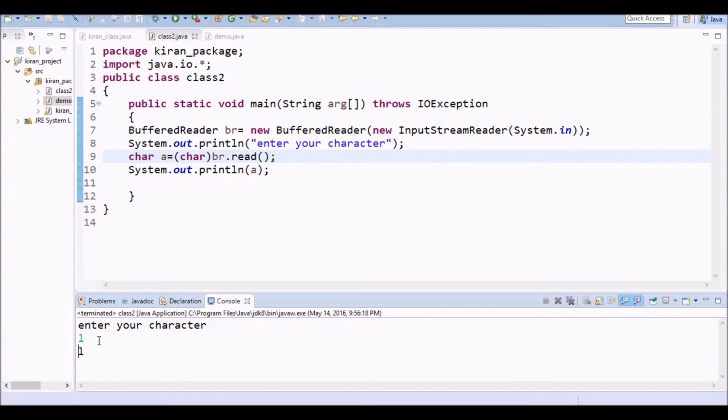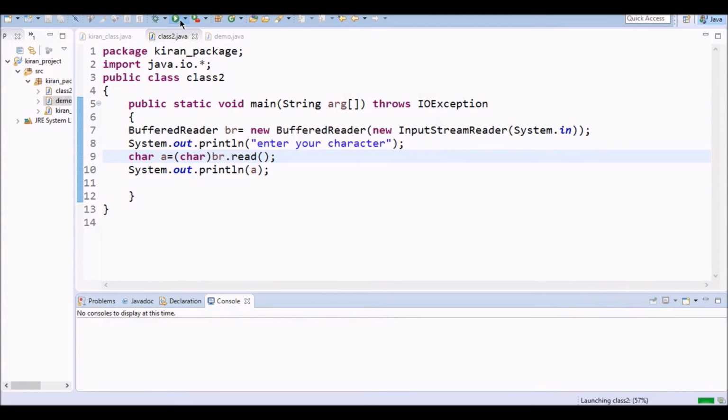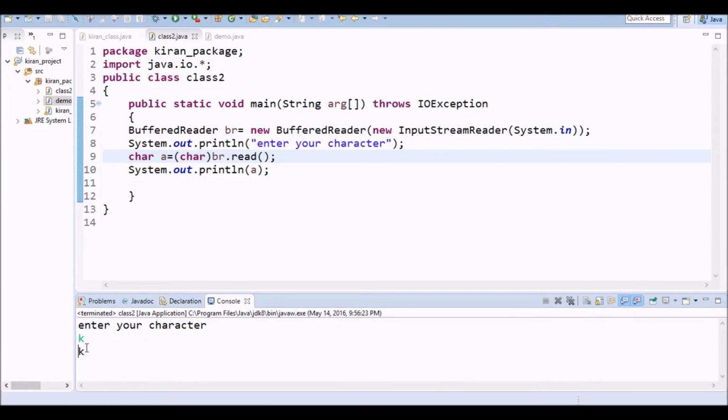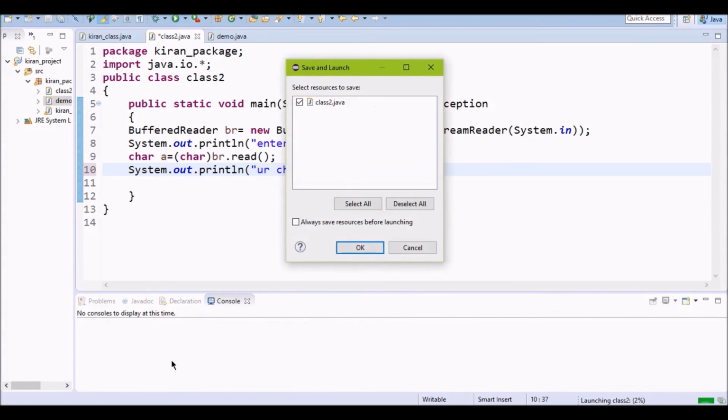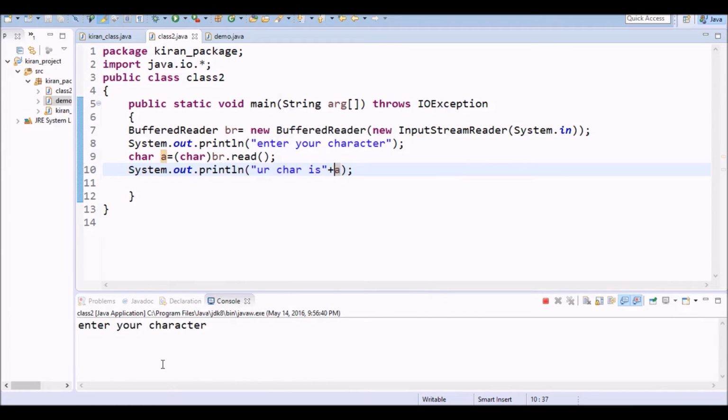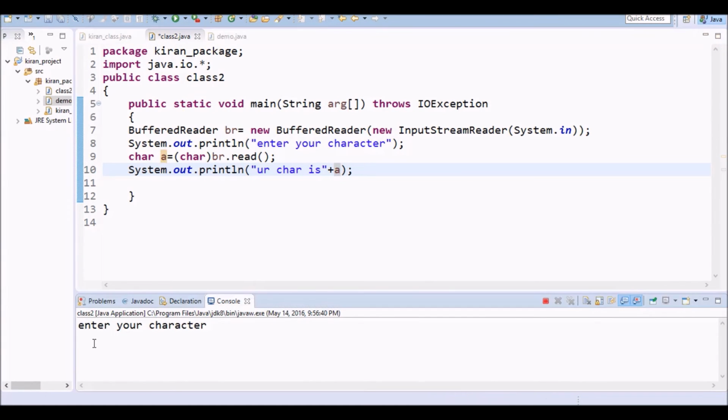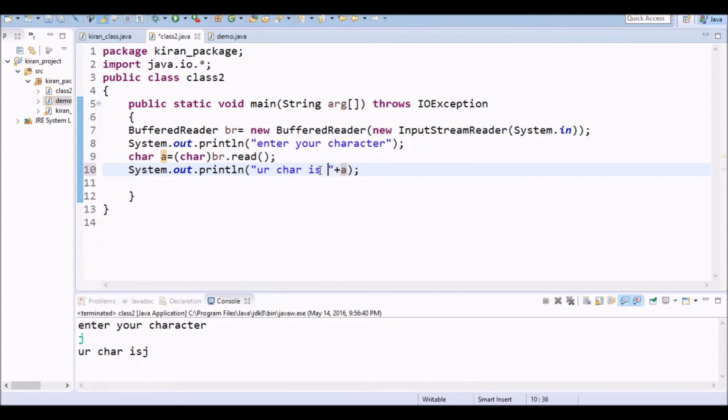Enter a character L. Okay, now it is printing L. Now I will do it again with K. Now it is showing K. Let us add something like "your character is". Now let us execute it again. Enter your character: H, J. So your character is J. Okay, likewise we are going to do it.